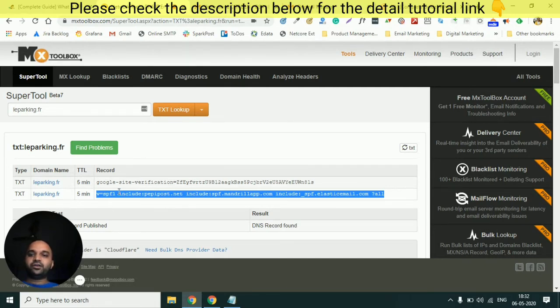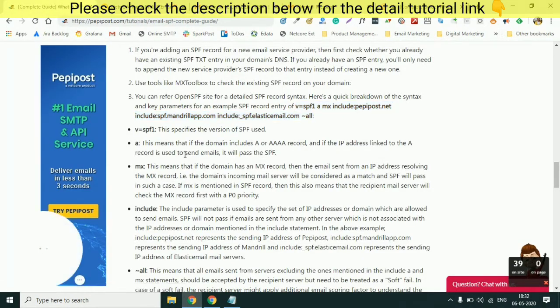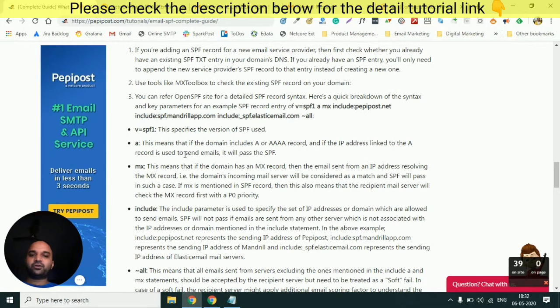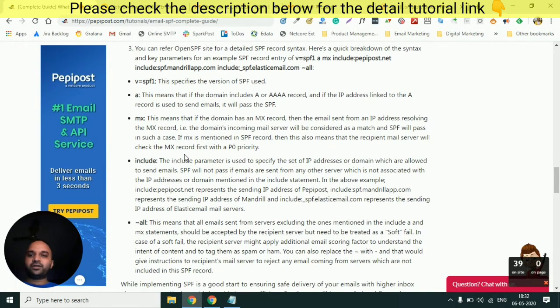If you create a new record, then two SPF records will get created, and that will be treated as an invalid SPF, because as per the SPF policies, what the ISPs are checking is that only one SPF record, that is v=spf1, should be there in your DNS. If two v=spf1 records are found, then those will be treated as an invalid SPF record. So you should not go with two SPF records. You can have multiple service providers, but all of those should be clubbed inside one SPF record. That is what one SPF record means.